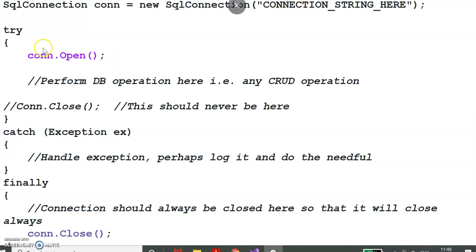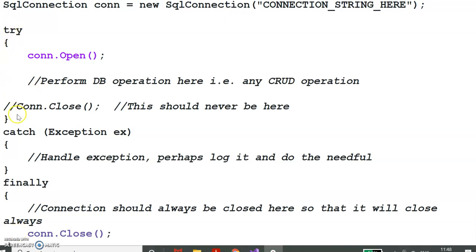And in try, write con.open, which is used to open the connection. We should not write the close within the try statement, it is not a best practice. So use that connection object and write the close in the finally statement. Now you have learned try and catch statements, exception handling in Java, so it works the same way in ASP.NET also.